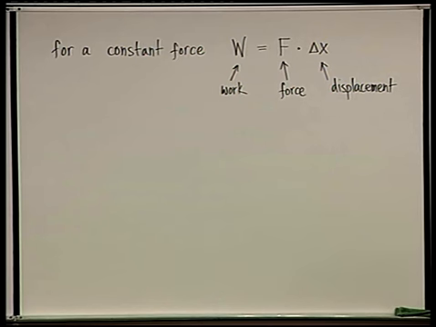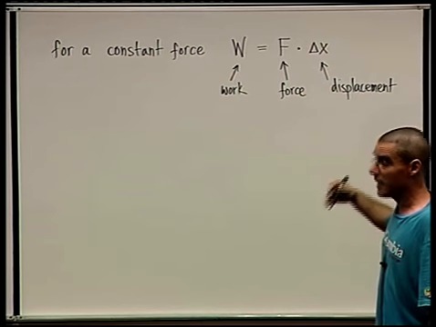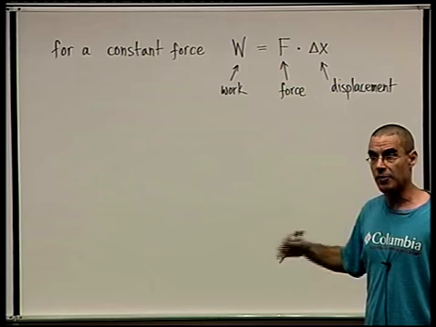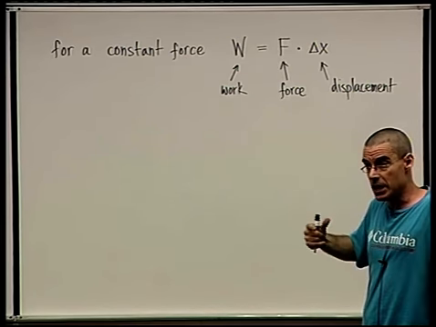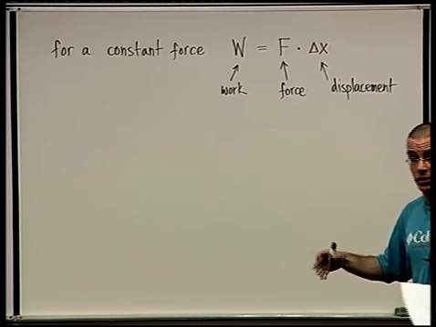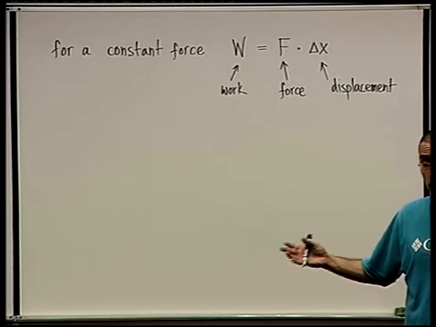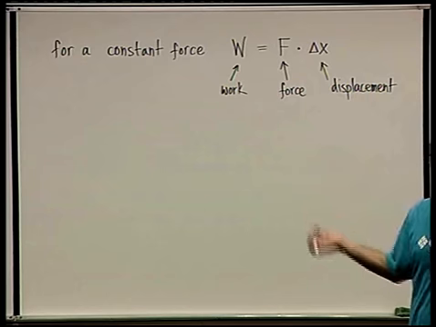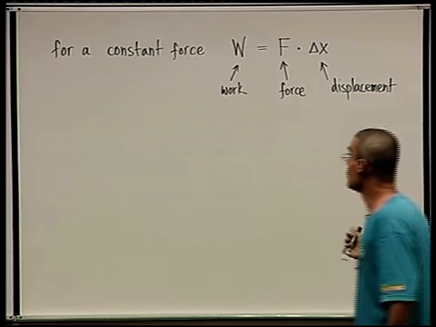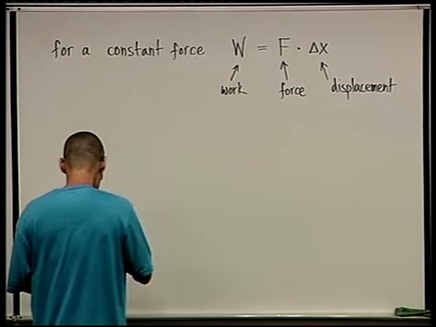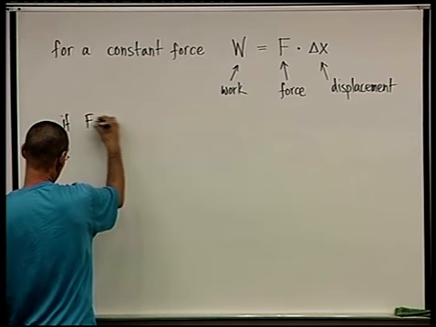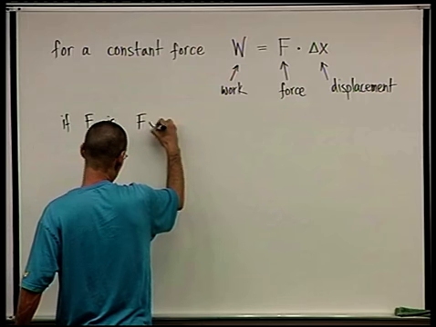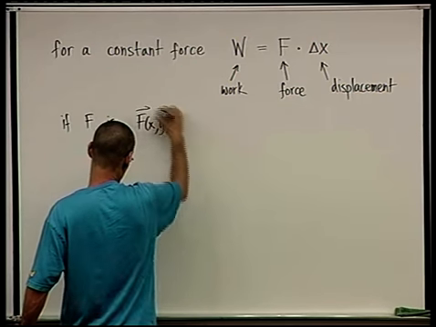Okay. But the interesting question is when F is not constant. F is some f of x, y, and at every point it's given differently. For example, the force of an electromagnetic field. Okay, at every point it could be something different. So if F is f of x, y, so it's not constant,